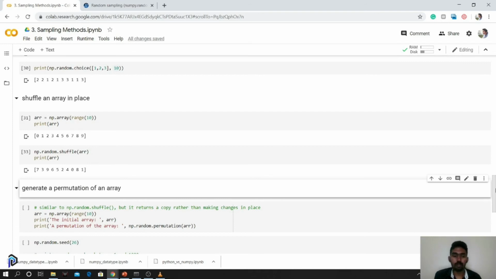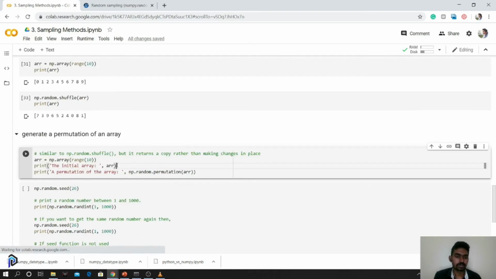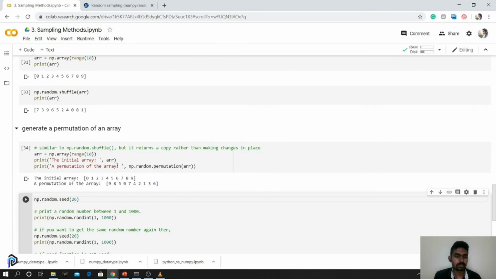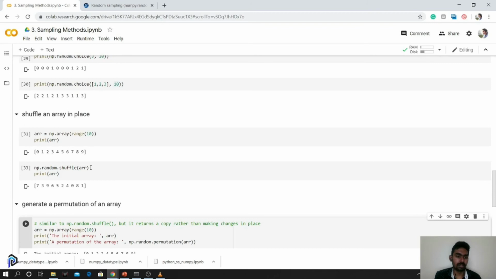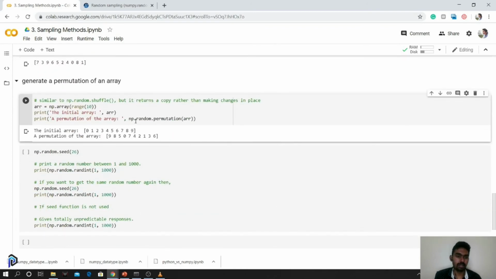Similarly, we have permutation. The only difference is that np.random.shuffle works in place, but permutation is not in place.